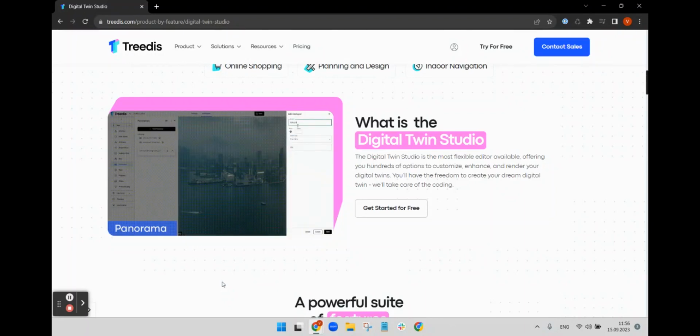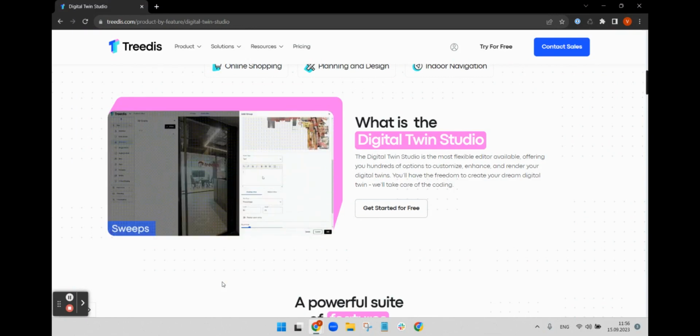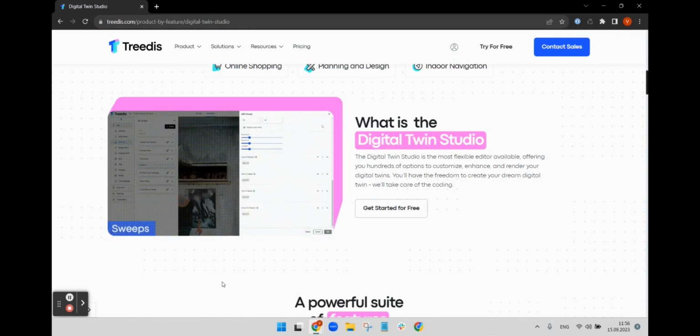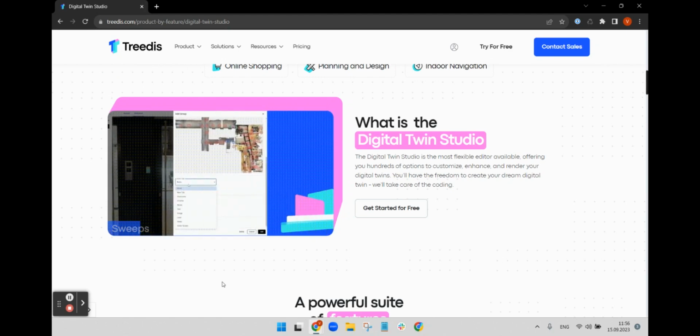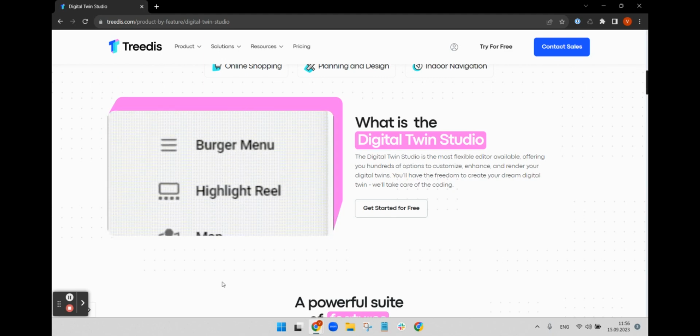Hey there! Today we will learn about 3D scans, or sweeps, and how you can use them. 3D scans are circles that you can see on the floor. They represent a location a user can walk to in the tour. You can assign these circles to a specific action. For example, music will start playing when entering a room, or a video will pop up when reaching a specific